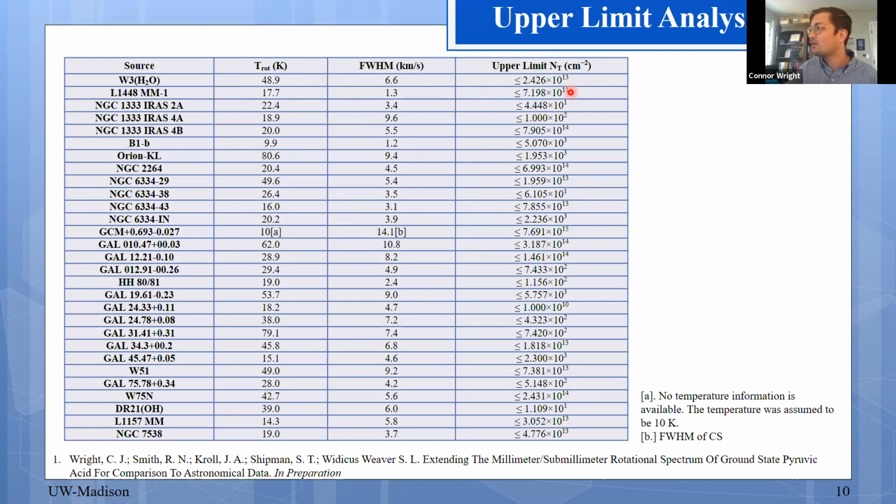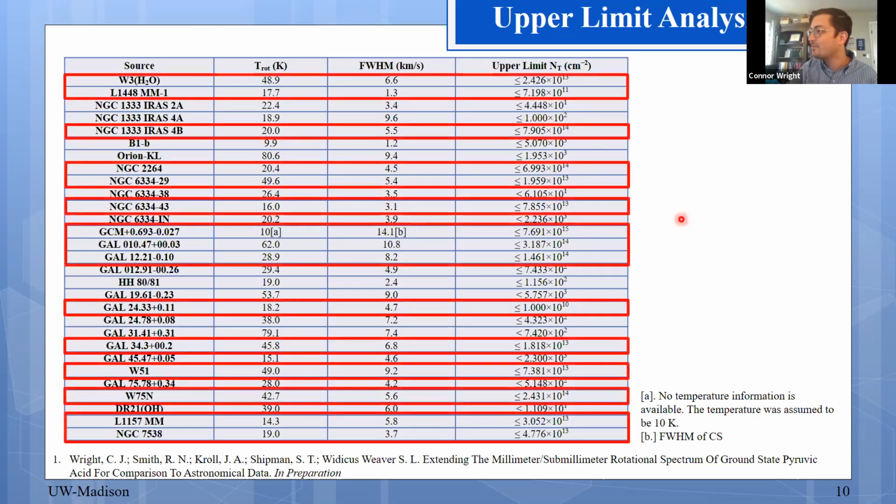As you can see, there are several upper limits that are very, very low, meaning it's essentially not there. But there are some, which I've highlighted here with red boxes, that have upper limits that are fairly reasonable. Essentially anything of 10^10 per square centimeter or above is a fairly reasonable column density upper limit. And from these, we undertook a by-eye search for any coincident line matches using the fit simulation that is output from the fit program we utilize.